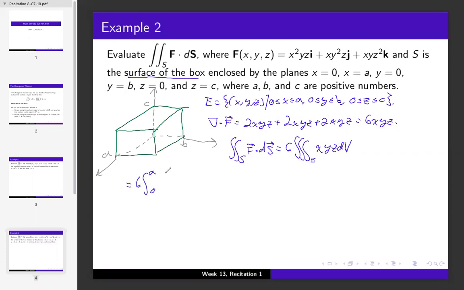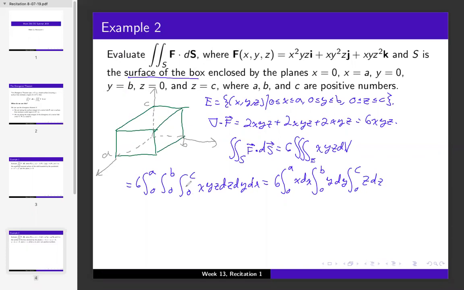Just iterated 0 to a, 0 to b, 0 to c, xyz dz dy dx. If you wanted to, you can separate this because this is a separable integral: the integral from 0 to a of x dx, times the integral from 0 to b of y dy, times the integral from 0 to c of z dz, if you so wish. So you can write this in this case as 6 times